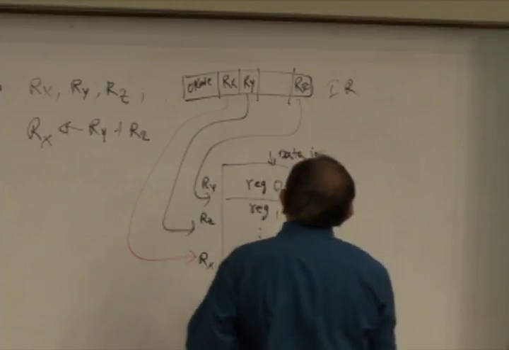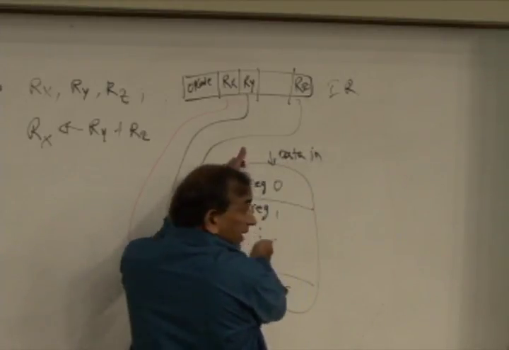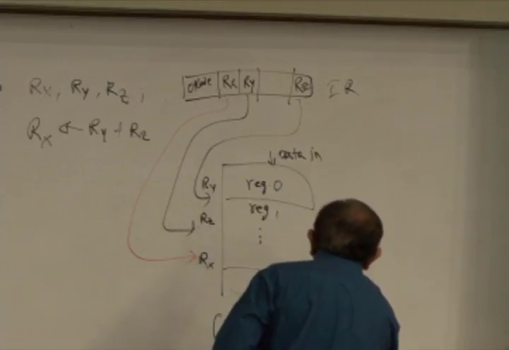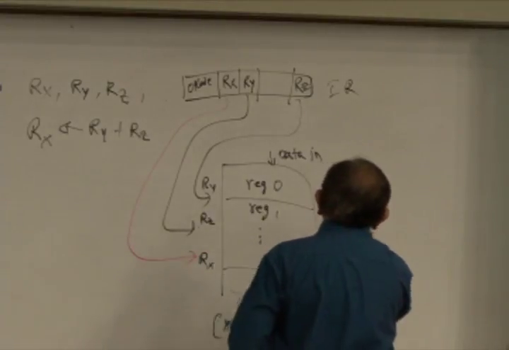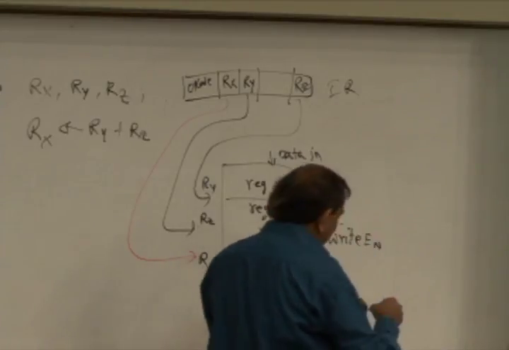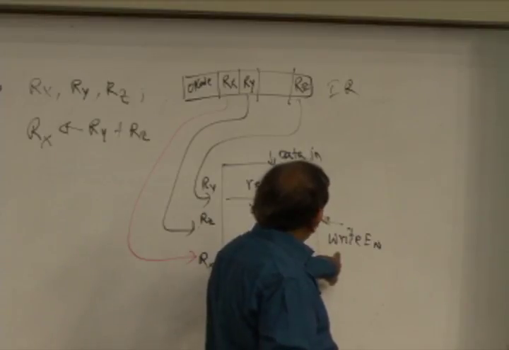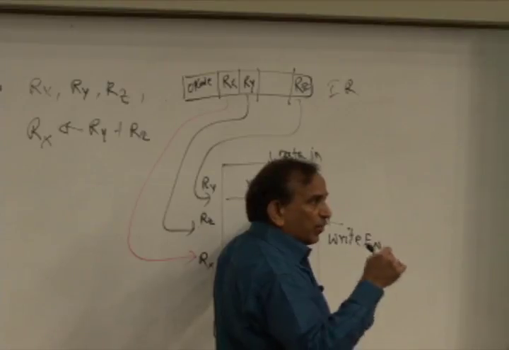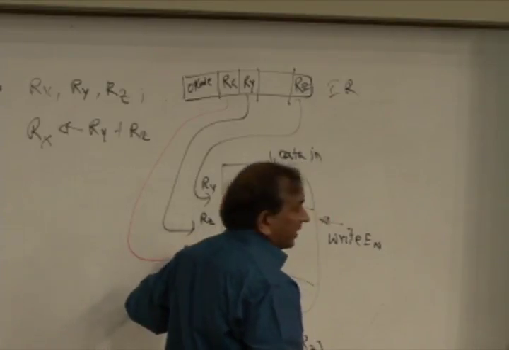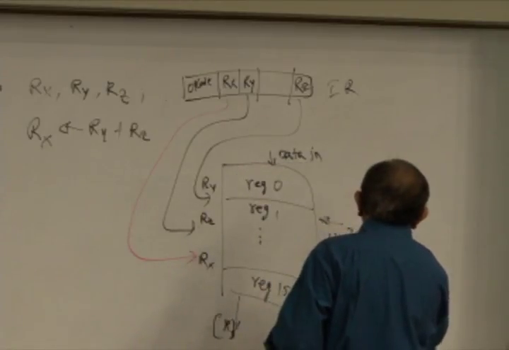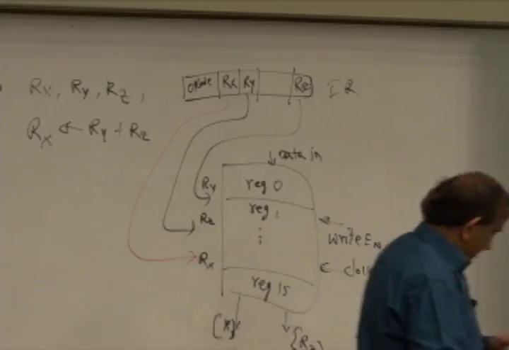And I'm also going to say that the circuitry here can actually read multiple registers. I'm going to get the contents of RY and the contents of RZ. Okay? And I also have something else here, which is write enable. And what write enable says is that if you have write enable, the contents of this is going to be used as what needs to be put into the specifier that is coming over here. Okay? And I'm also going to have a clock because it's a register, right? I'm going to have a clock. Okay. So given this specification,